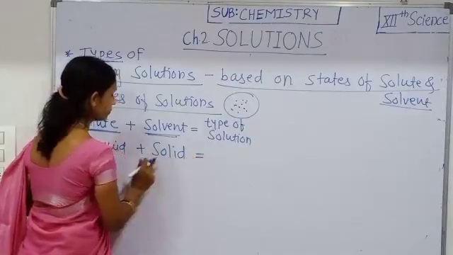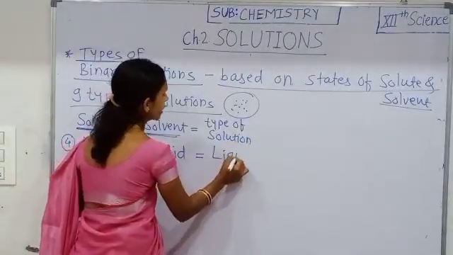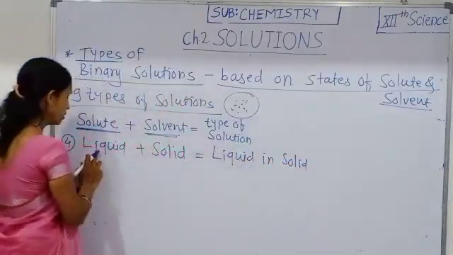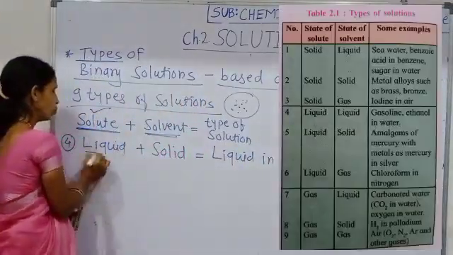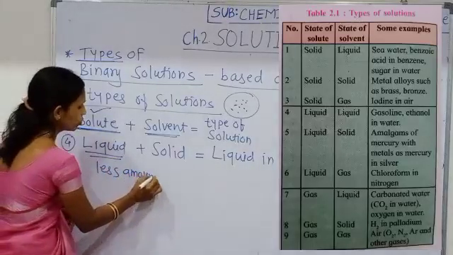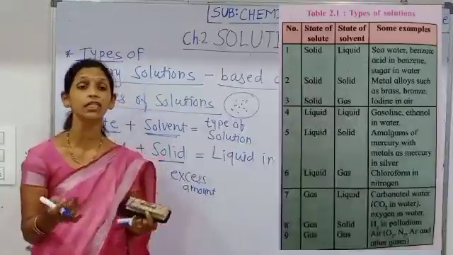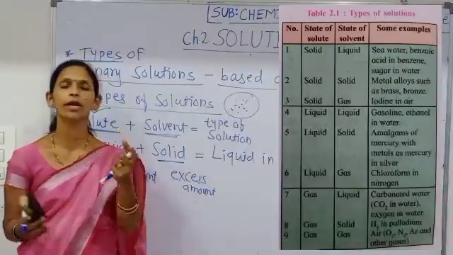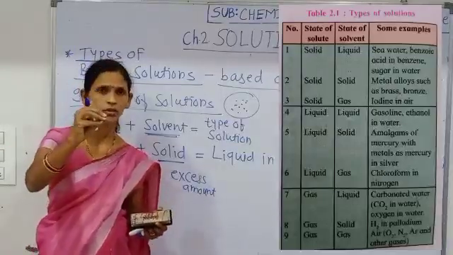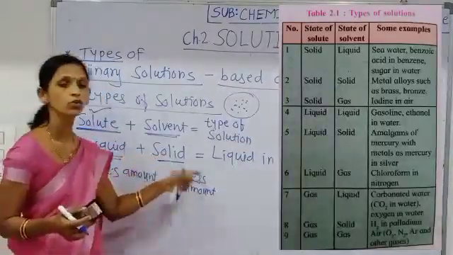See here, salt solution is not an example of liquid in solid type of solution, because here liquid is the solute, present in less amount in the solution, whereas solid is in excess amount, like in dough, in which flour particles are in excess amount, whereas water is in little amount, and you make the batter of that flour particle and water,